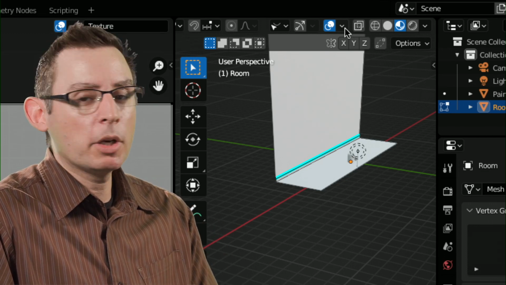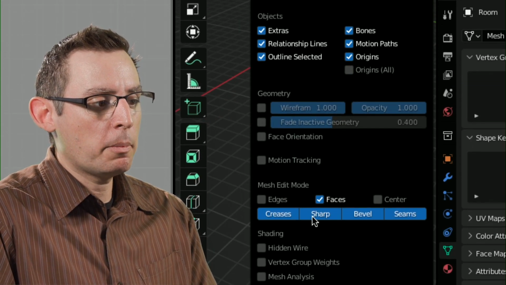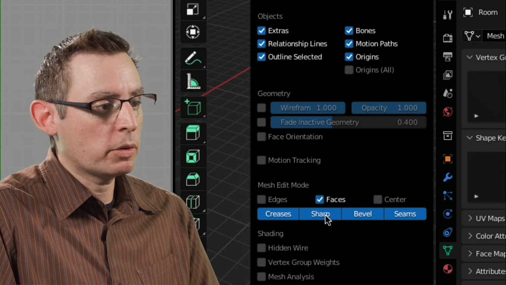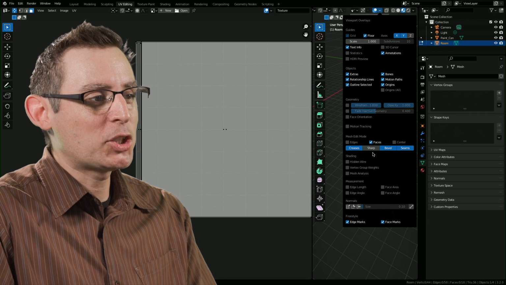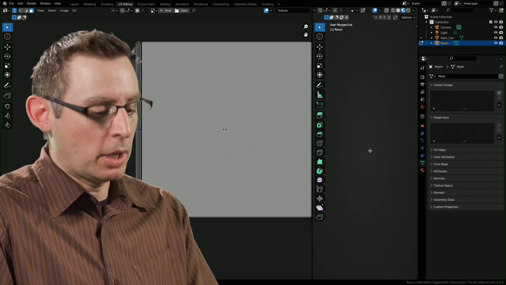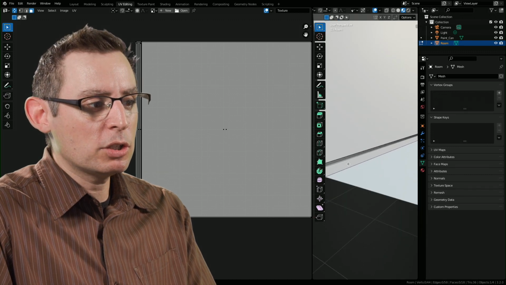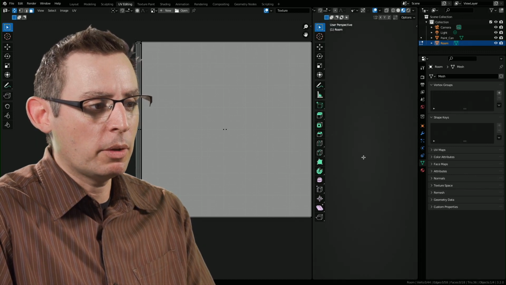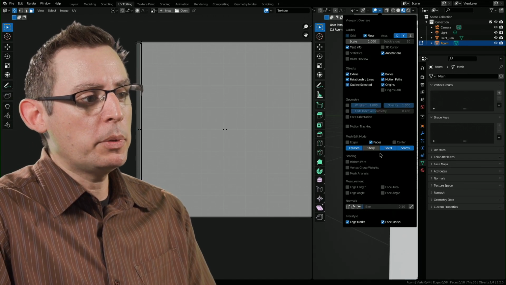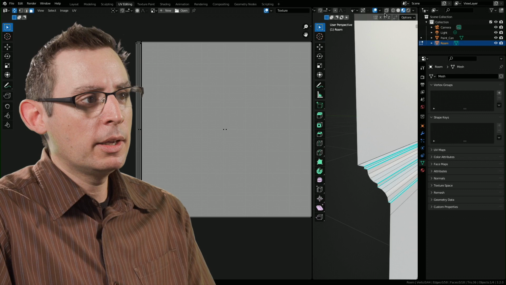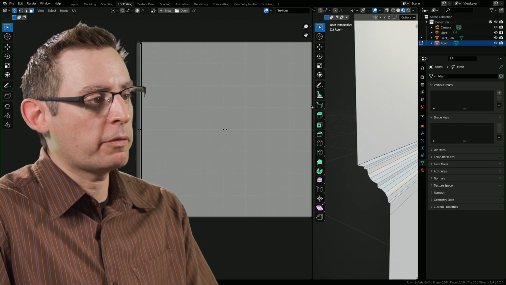So once again, I'm going to go into my viewport properties, and down here at the bottom, I want to turn off my sharp creases. Or excuse me, the visibility of my sharp edges, not creases, my sharp edges, and all those blue lines go away. So I usually turn them off. We haven't deleted their function. They're still doing the exact same thing they're supposed to on these small little bevels down here for our baseboards. We're just turning the visibility of those sharp edges on and off, which is pretty neat. That's a handy little workflow modifier.